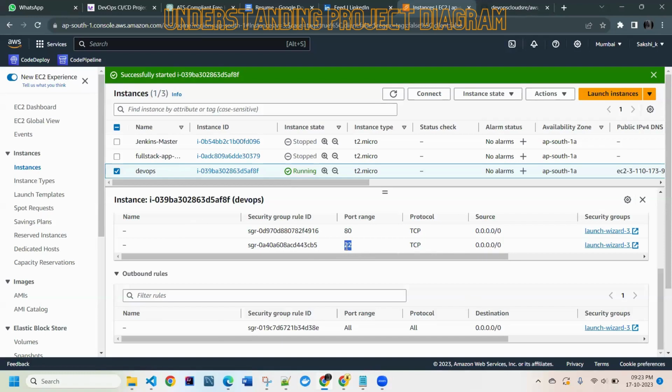Can we open port 22 for the internet in a real company? Interview question? No. Never ever say that you will open port 22 for the internet. If you say that, the interview is over, closed, go home. They will understand that you don't have basic knowledge. Why?